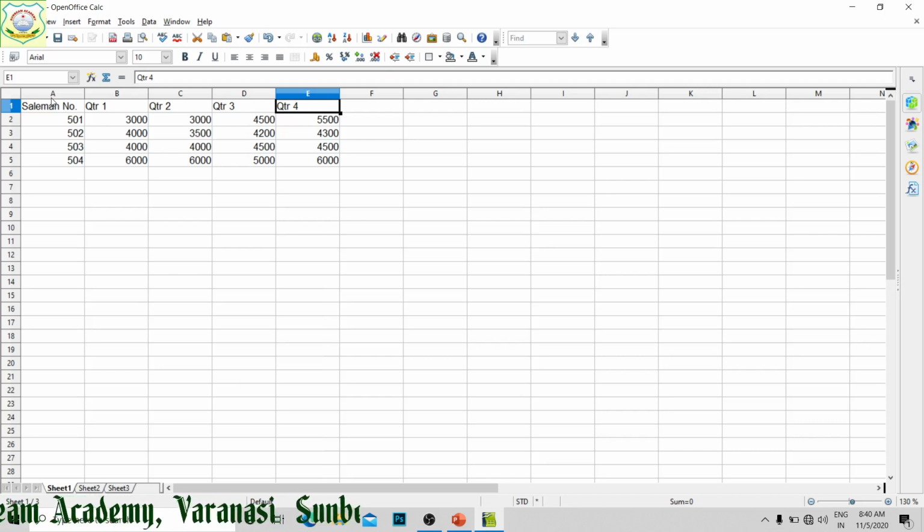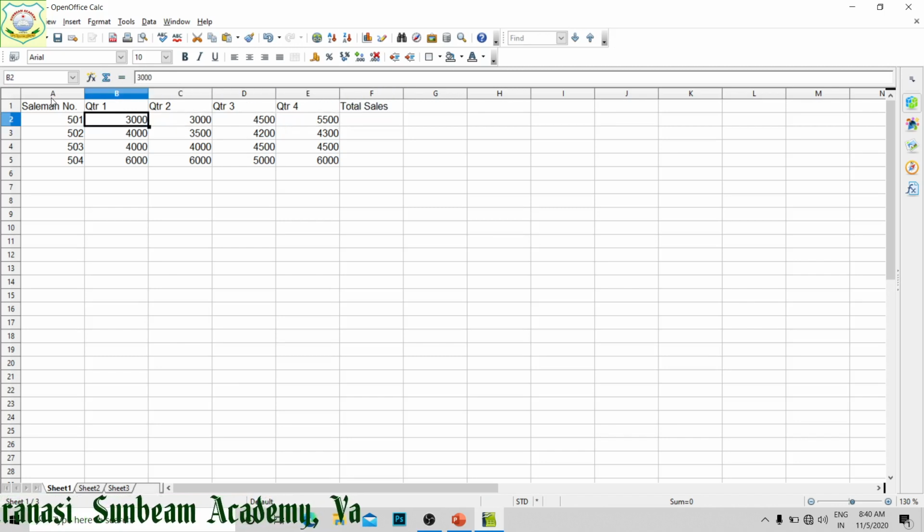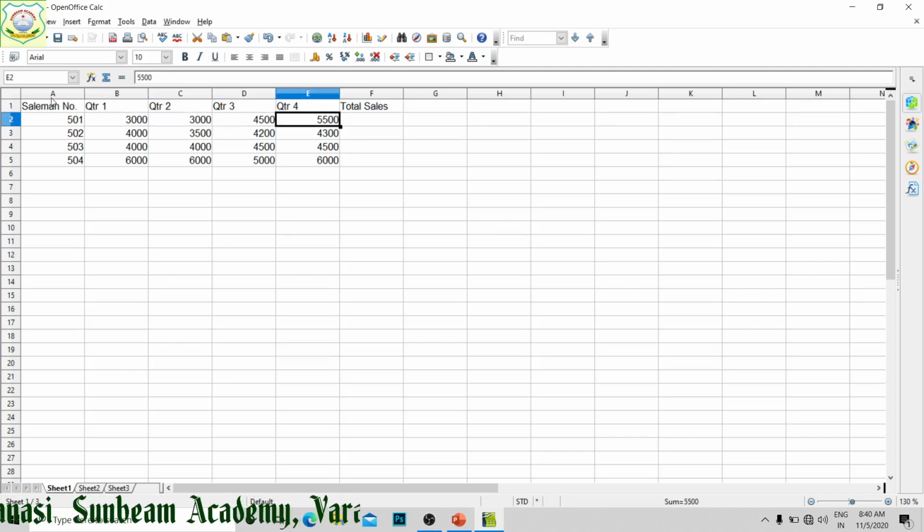The first type of cell reference I am going to see is relative reference. I have to find out total sales, so I am going to add quarters 1, 2, 3 and 4.